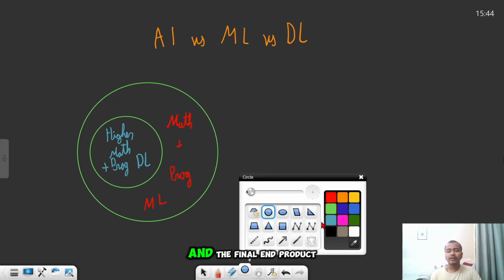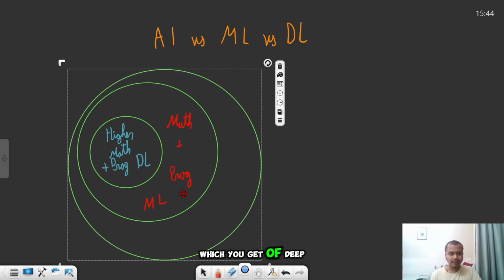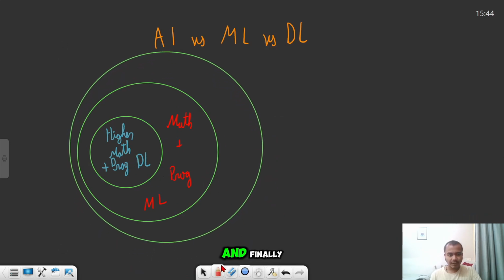And the final end product, where you take deep learning and machine learning and also create a UI to use these mathematical models, is called AI.